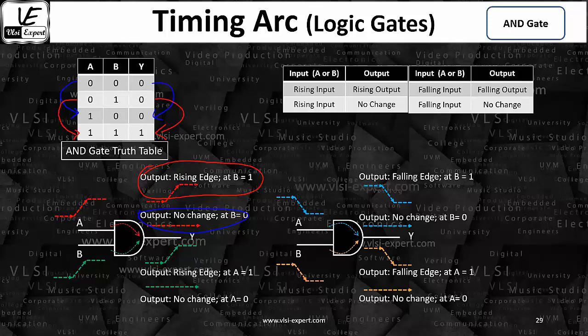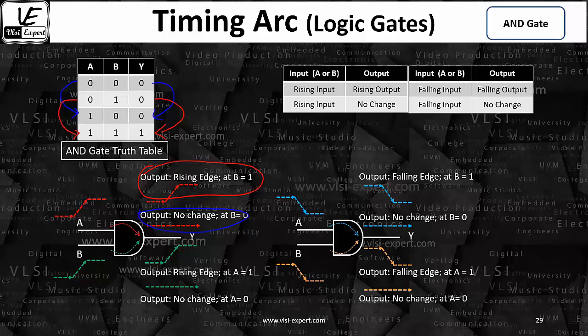At the input pin, if it is rising, at the output pin you will get rising. If it is falling, you get falling. This whole thing I have repeated four times: rising input gives rising output, or maybe there is no change, and two plus two, falling input gives falling output, or there may be no change. So in place of writing all these statements, as a designer, theoretically as a concept, I'm saying there is a property, this is a property of your timing arc.